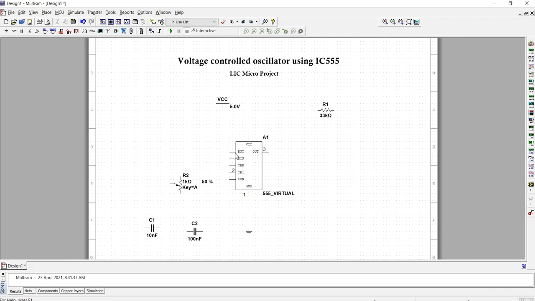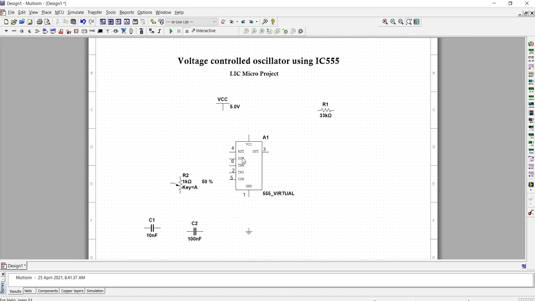Next pin is pin number 4. Pin 4 is the reset pin. This pin can be used to restart the 555 timer timing operation. Pin number 5 is the control voltage pin. Pin number 6 is the threshold pin. The purpose of this pin is to monitor the voltage across the capacitor.